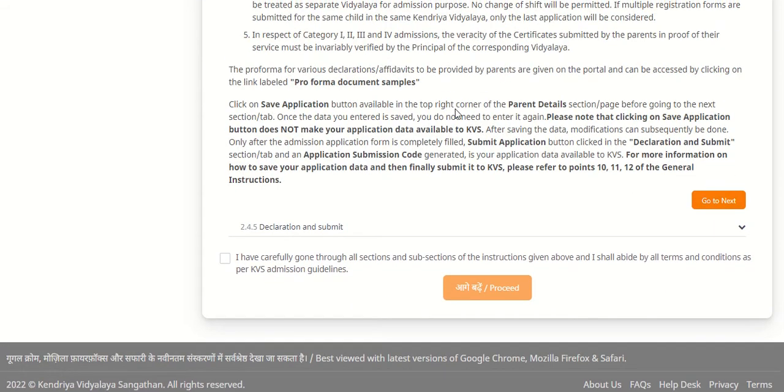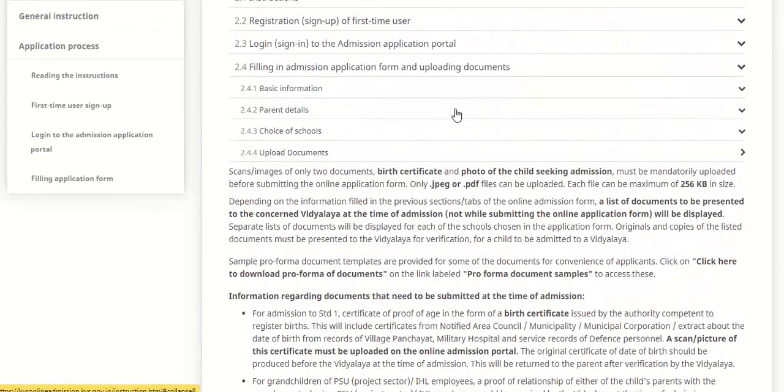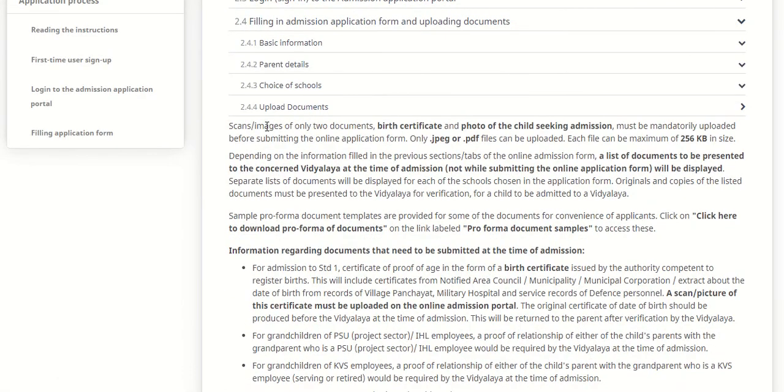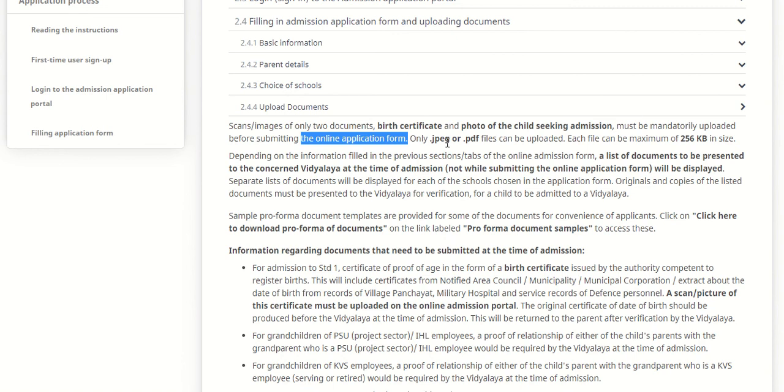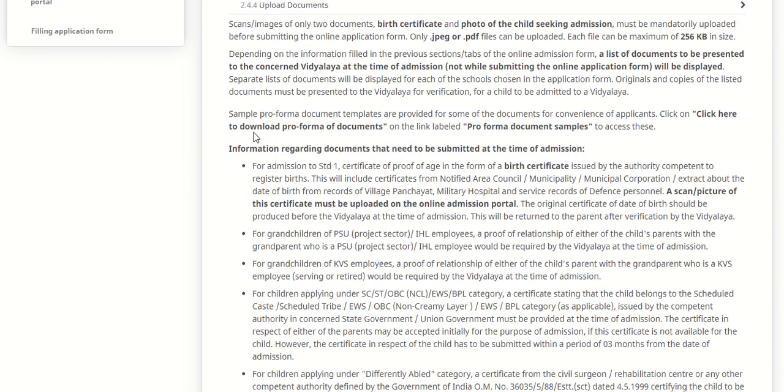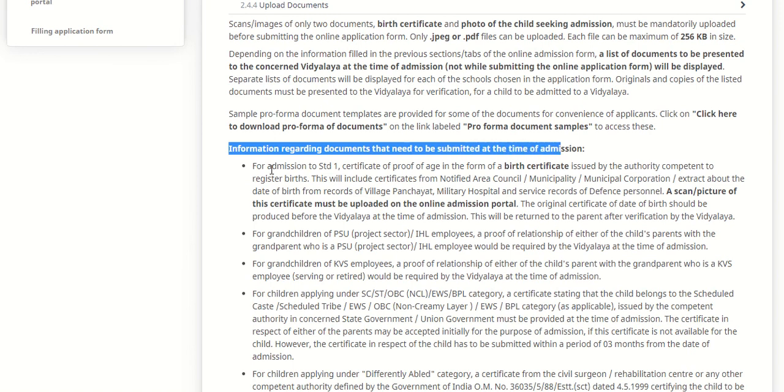After that, you have to upload the required documents, and here it is given that scan images of only two documents, that is birth certificate and photo of the child taking admission, must be mandatorily uploaded before submitting the online application form in JPEG or PDF file, and the file size should not exceed 256 GB, otherwise it will not be uploaded. Then documents which will be required at the time of admission are, for admission to standard 1, certificate of